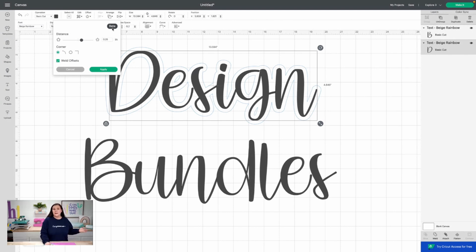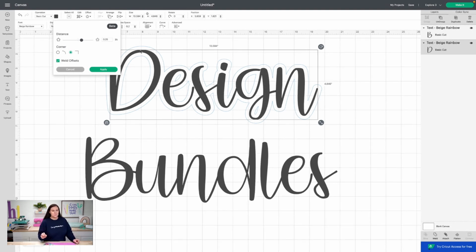So say you're watching this 5 years from now, it may no longer be in beta. So you have a couple different options. You can have rounded corners. So rounded corners, you can see how around the corners here, obviously it's rounding them. Or you could click on this one here and it's going to give us more of a squared off design. So we'll give it just a little bit to see if it's going to update for us. Now, once again, it's in beta, so it may take just a second.